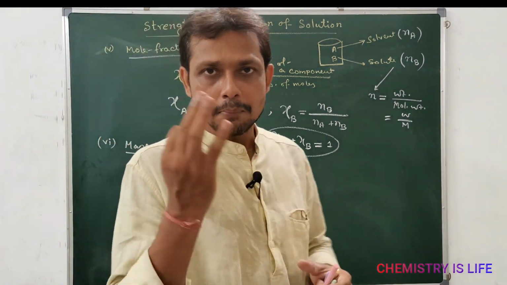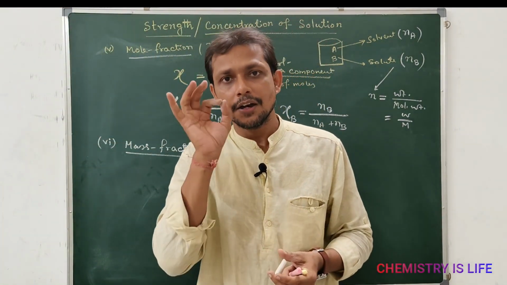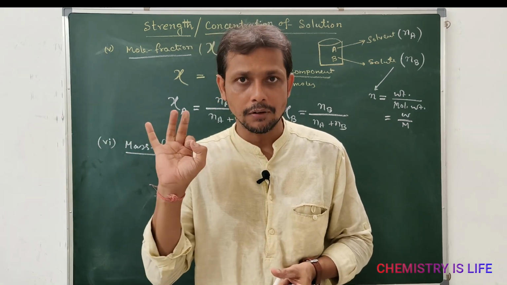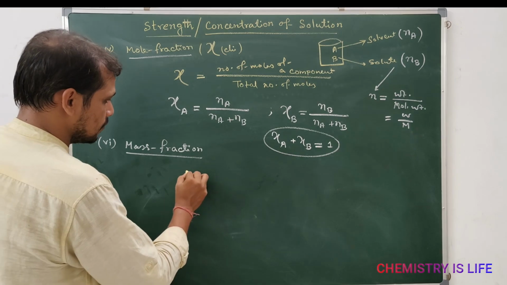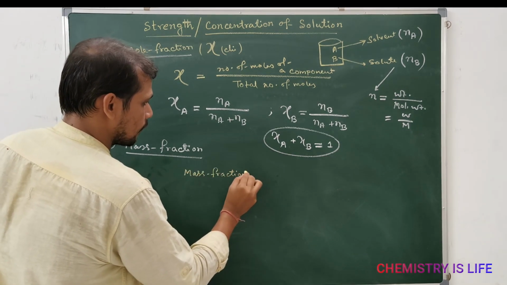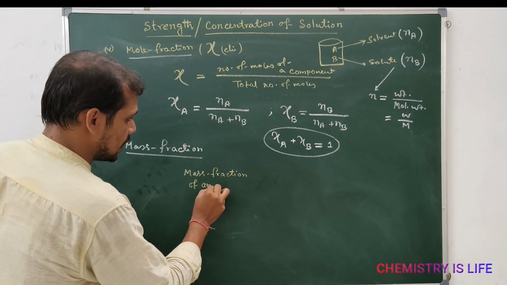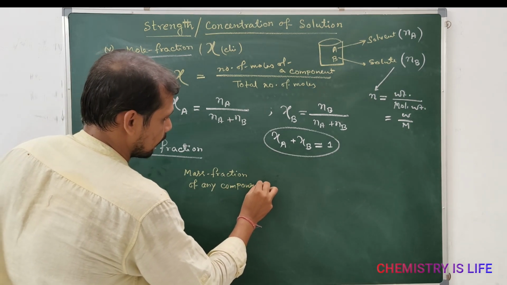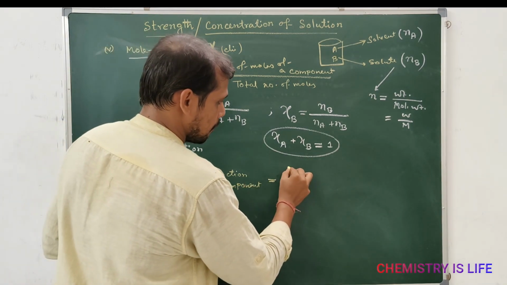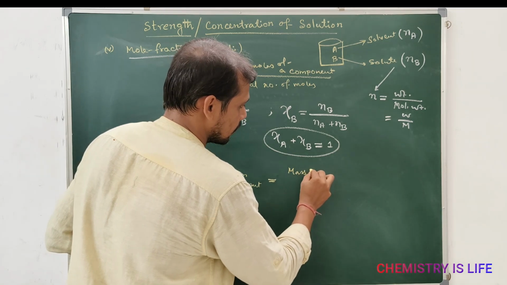Mass fraction is defined as the ratio of the mass of the component to the total mass. That means the mass fraction of any component is equal to the mass of that component,